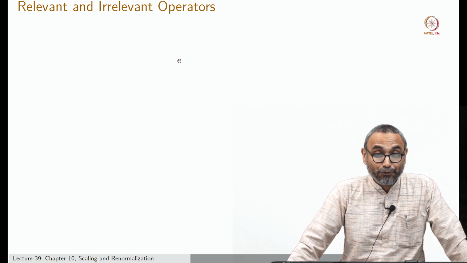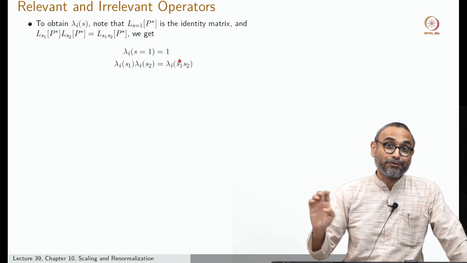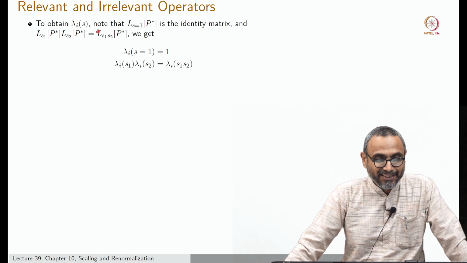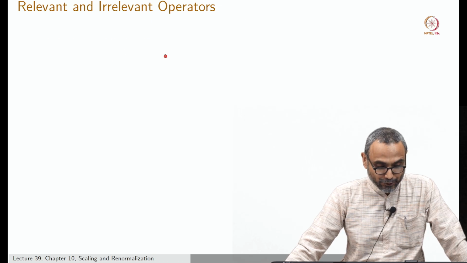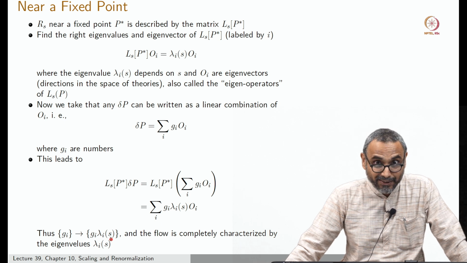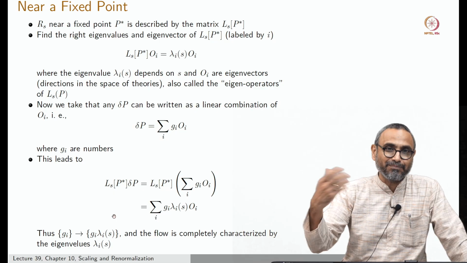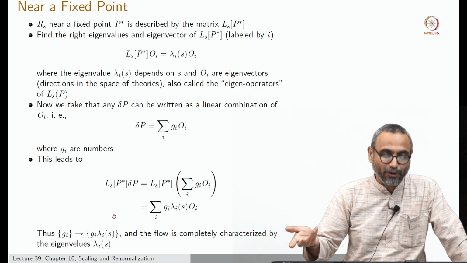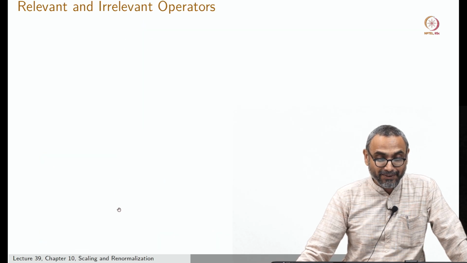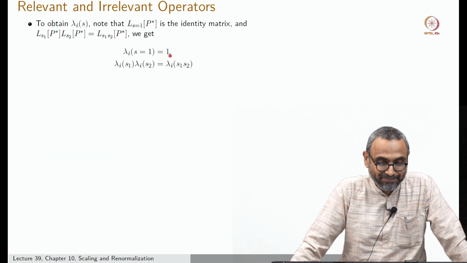Okay, so first, remember all the properties of the renormalization group transformation that we used. The first is, if S is equal to 1, then lambda I of 1 must be 1, because if I do scale factor 1, G_I will go to G_I times lambda I of 1, but G_I must remain unchanged because scaling by 1 means I'm not doing anything. So lambda I of 1 must be equal to the number 1.